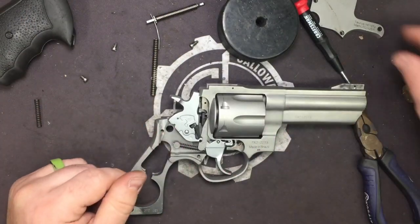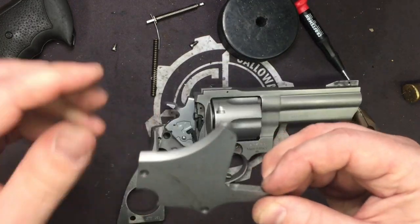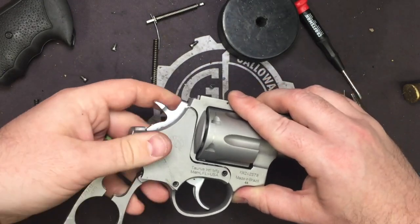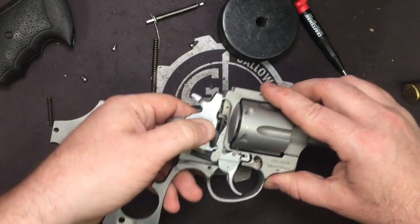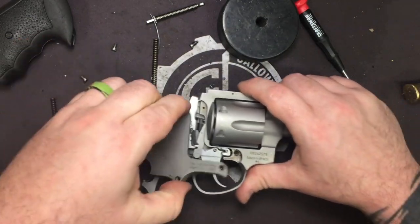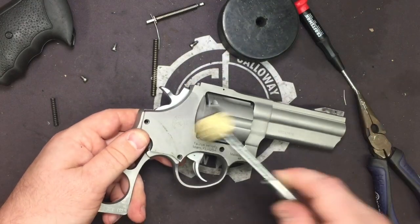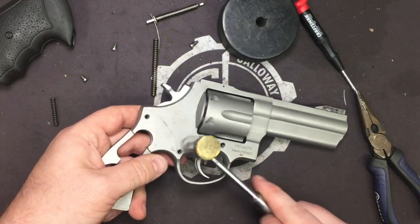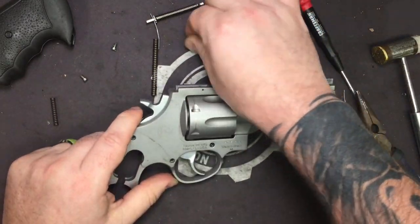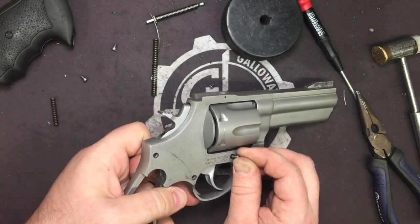Now we're ready to put our side panel back on. So we're going to start by taking that piece we talked about earlier, starting it first. When we go to do it at first and it doesn't go in, make sure that your hammer is actually all the way down. Everything's installed and looking good. And once we get it all up in there like that, we're just gonna use gentle taps with our polymer hammer till it seats. And the first one we're gonna put back in, making sure that our detent and springs stay in the sleeve, is